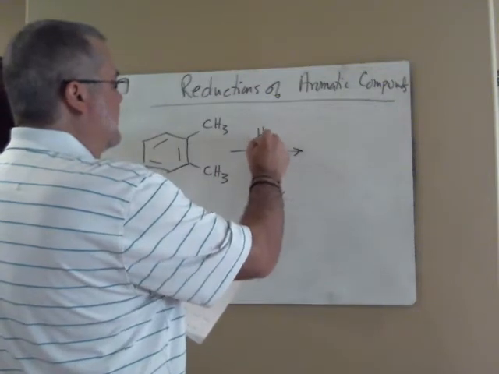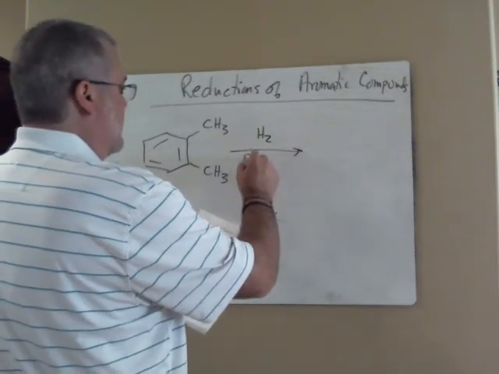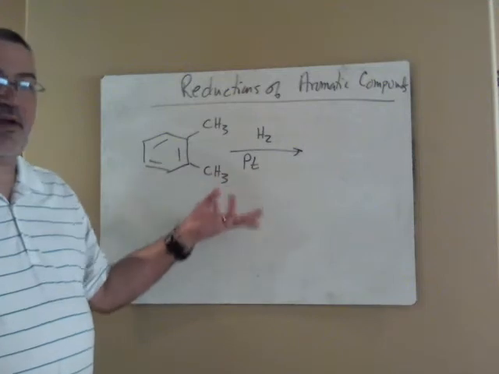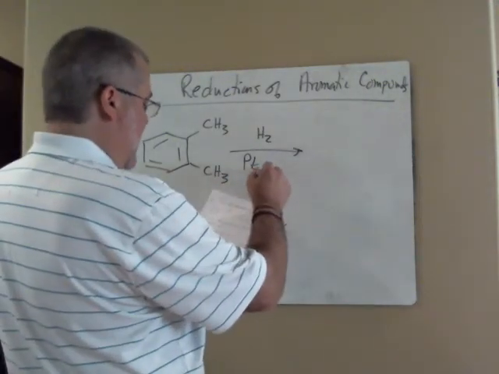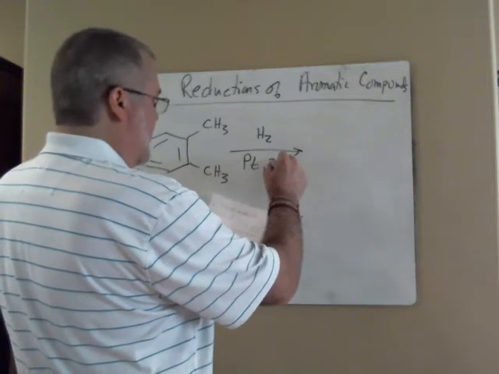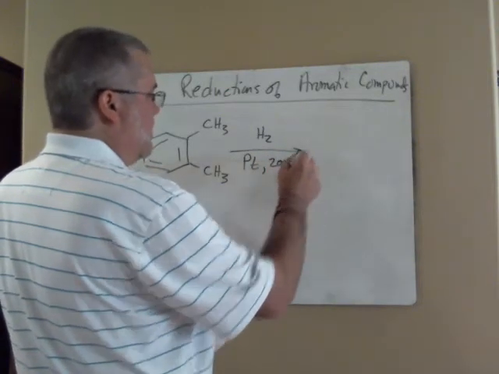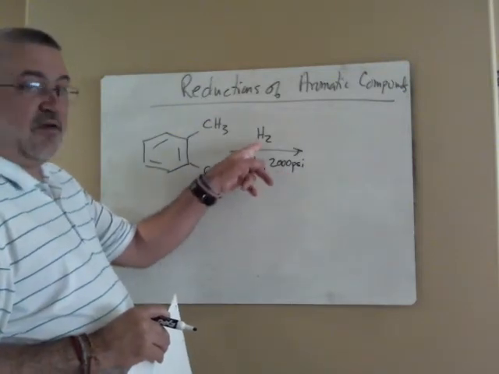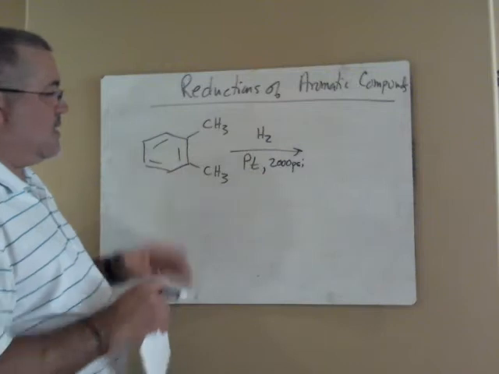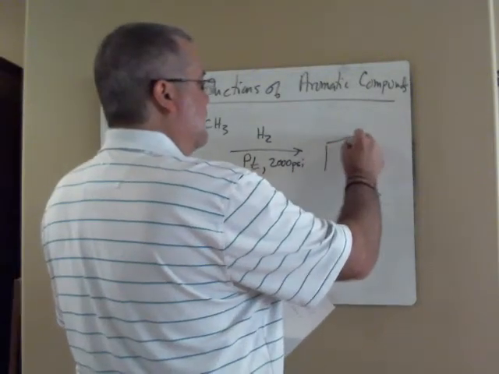I can treat this with hydrogen gas and platinum catalyst or palladium catalyst, but I've got to have really high pressures, 2000 psi of hydrogen pressure in order to reduce